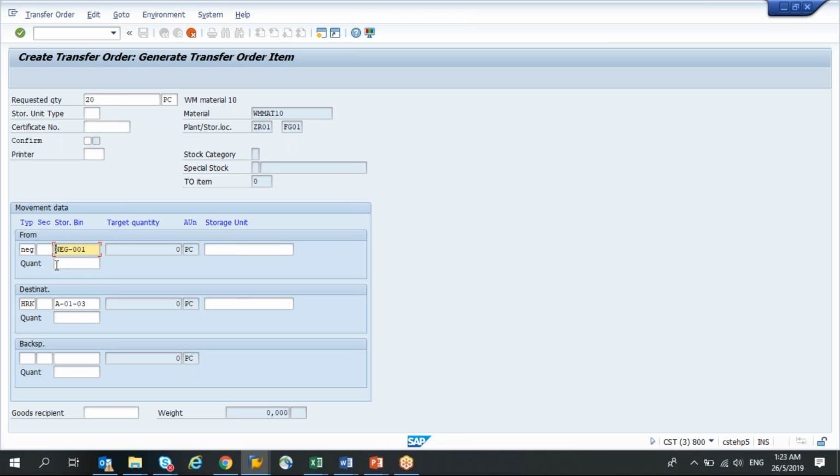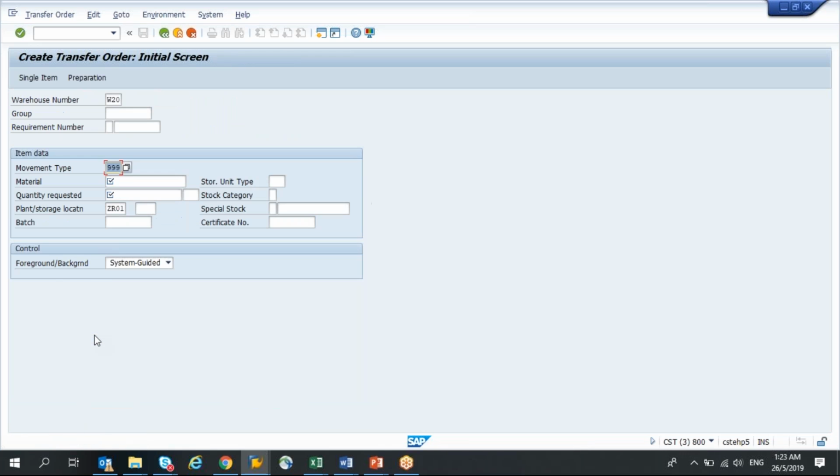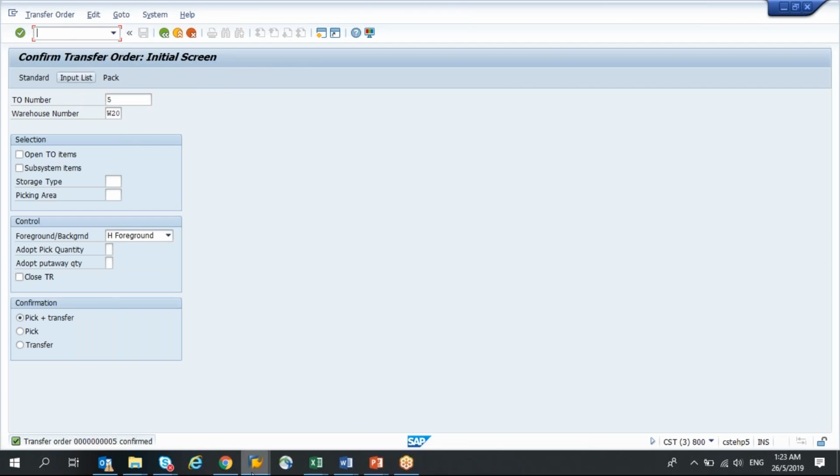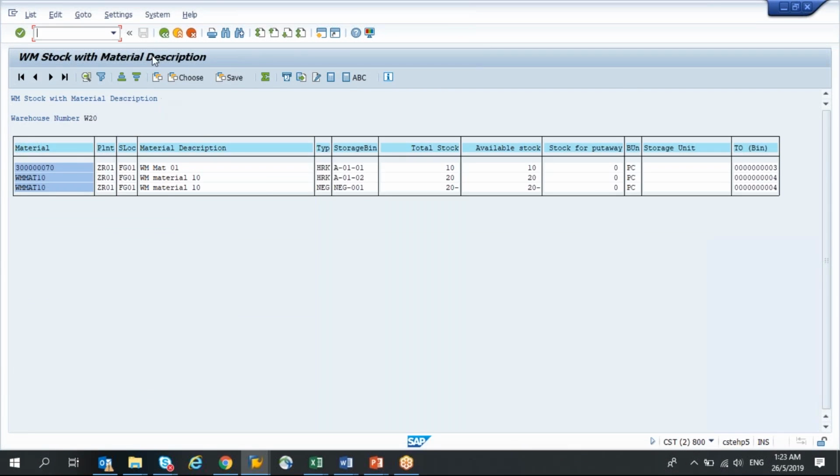Now I do not have any stock of this material in this bin. Actually I have negative stock, but because this storage type NEG allows negative stocks in the storage bins that belong to this storage type, it is possible for me to keep on removing more and more stock from this storage type and to send it to some other part of the warehouse. Okay, so I hit enter, check your entries. Yes, I have checked it, and system creates a transfer order. I also need to confirm it. I confirmed it, and then if I go back to